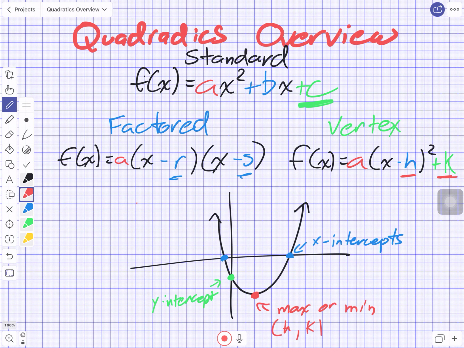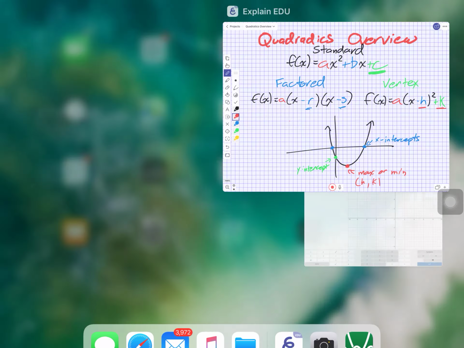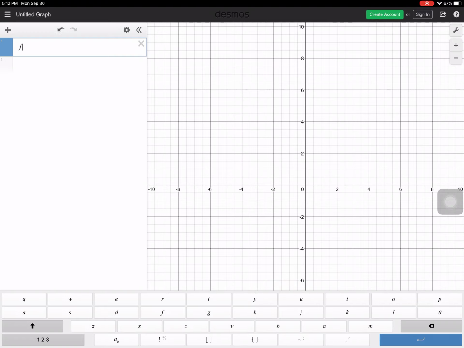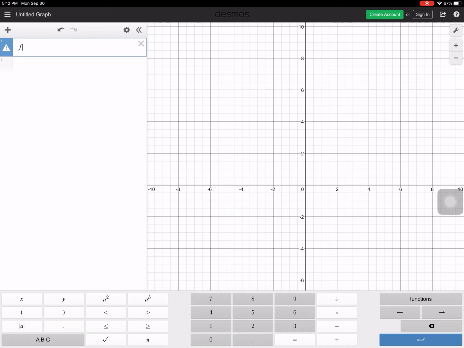Now it's a little easier to work with an actual quadratic, so what I'm going to do is put a quadratic here. I'm going to start it in factor form. And the reason I'm going to do that, and I can actually write f at x. I guess we should talk about that. I didn't even speak to that. Let's go back. F at x. There we go. F at x equals, I'm going to put it in factor form. X minus 3,